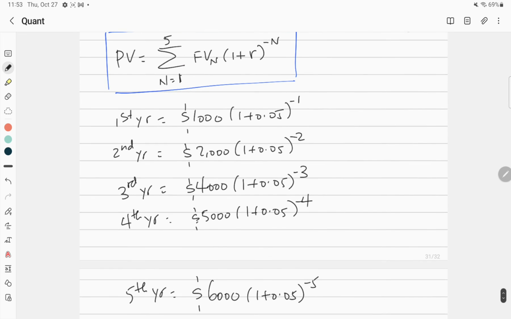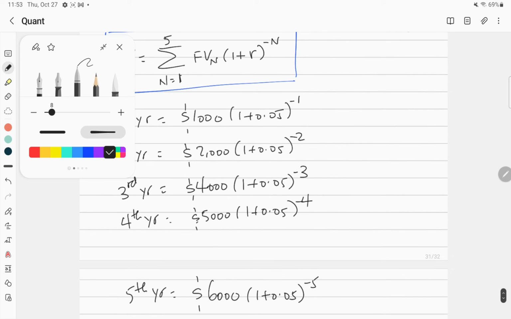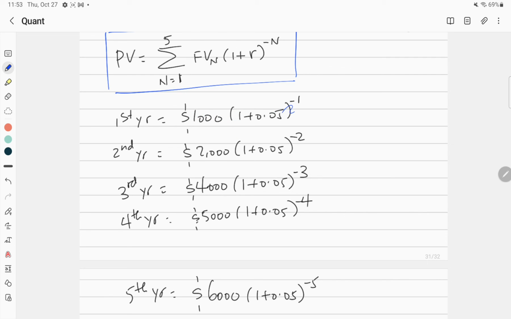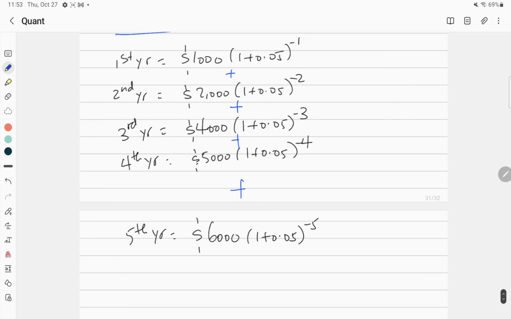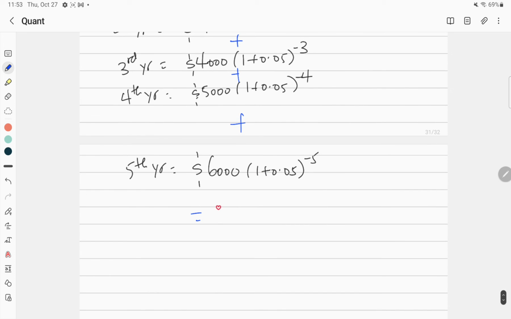Now the sum of all of this, the result of this plus this plus this plus this plus this, is equal to